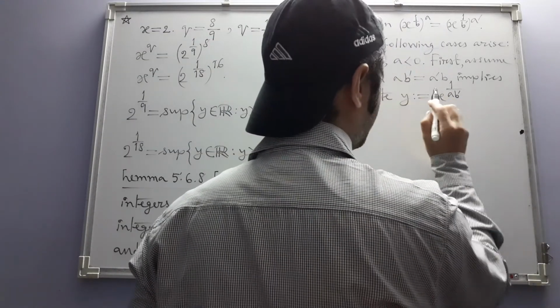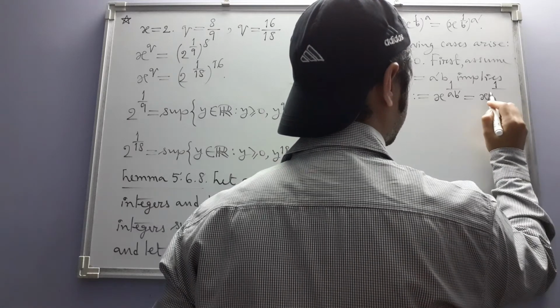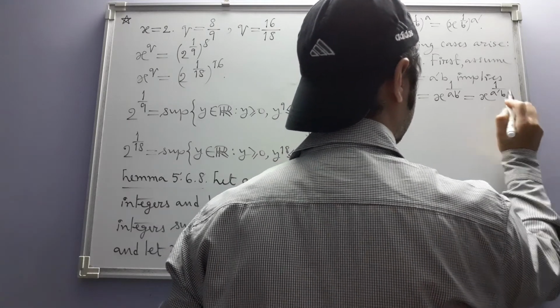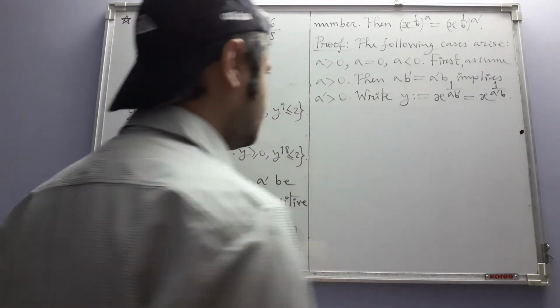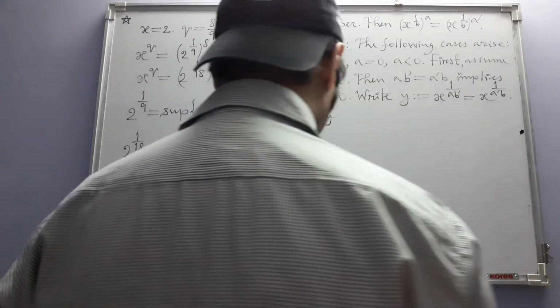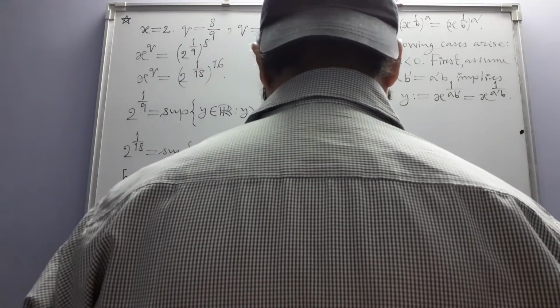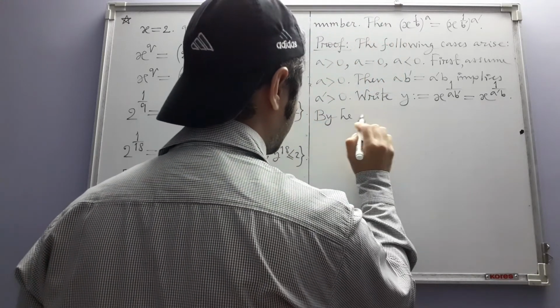But since a b prime is equal to a prime b, this is also equal to this same thing. Now by that lemma 566 part A,